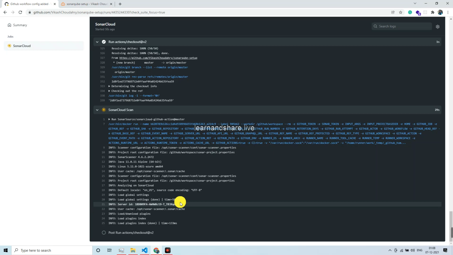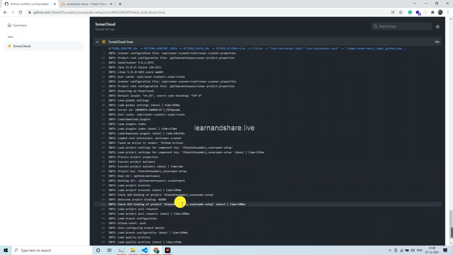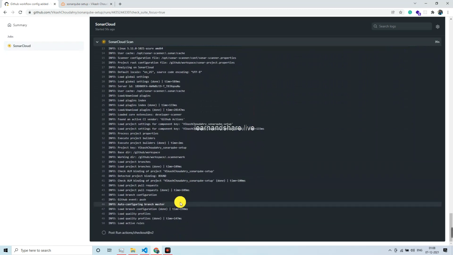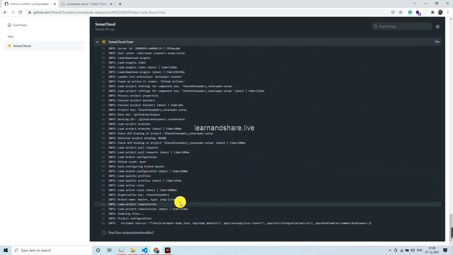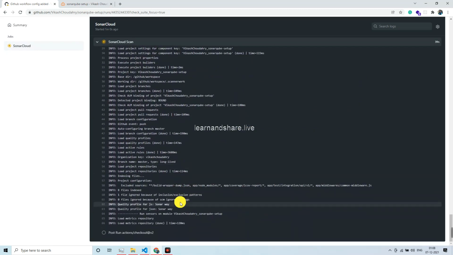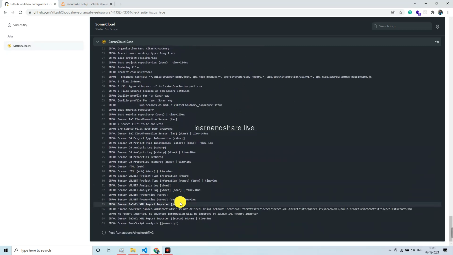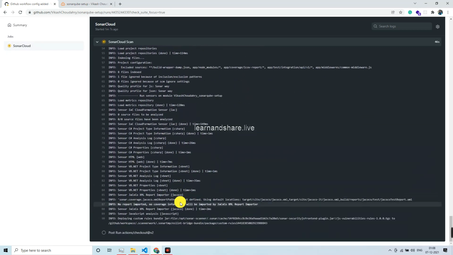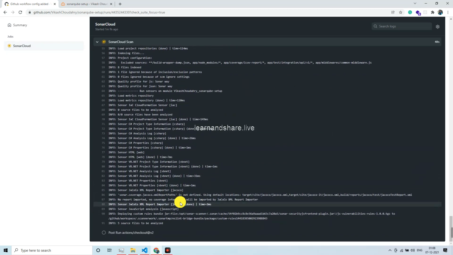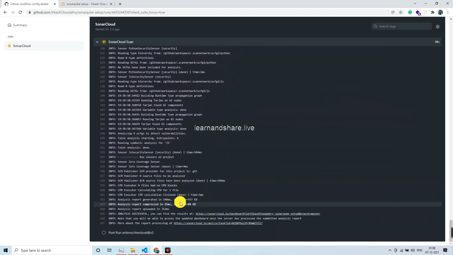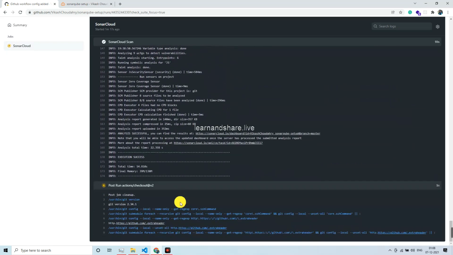All these steps, if you try to visualize, are very similar to what we have seen in Sonar Cube, and in Sonar Cloud in the previous lecture. The only thing is, things have changed. To do the same things, we are doing it in a different way, again based on the project demand.